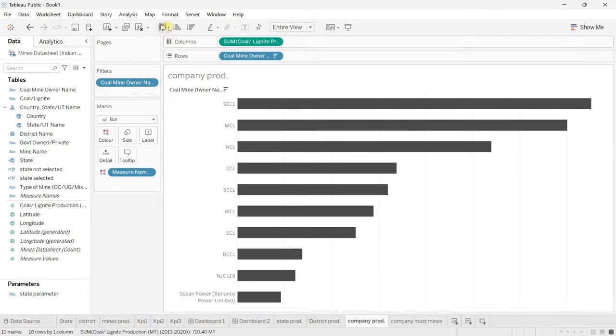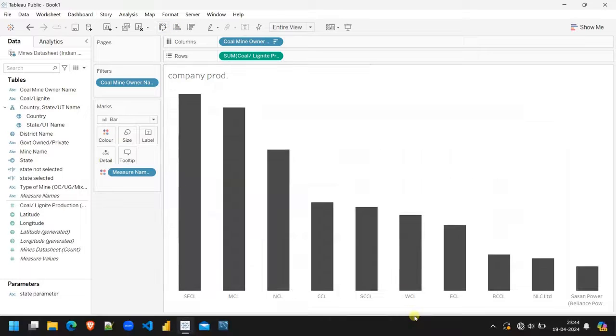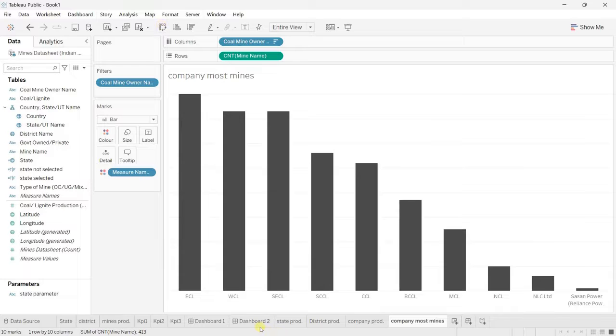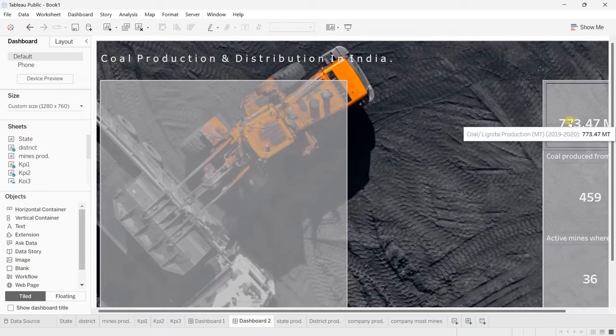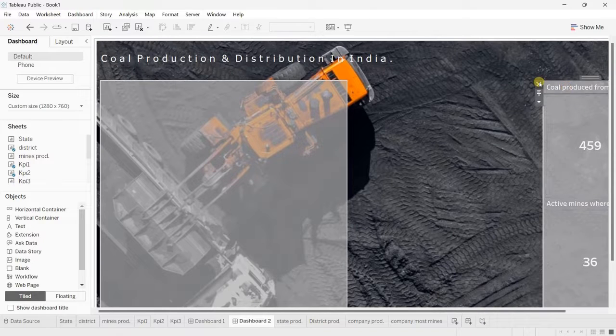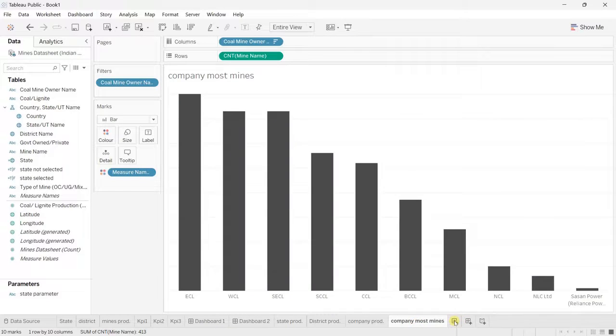We'll make all of them the same way. Now come our second dashboard. No, we want to make even more. So